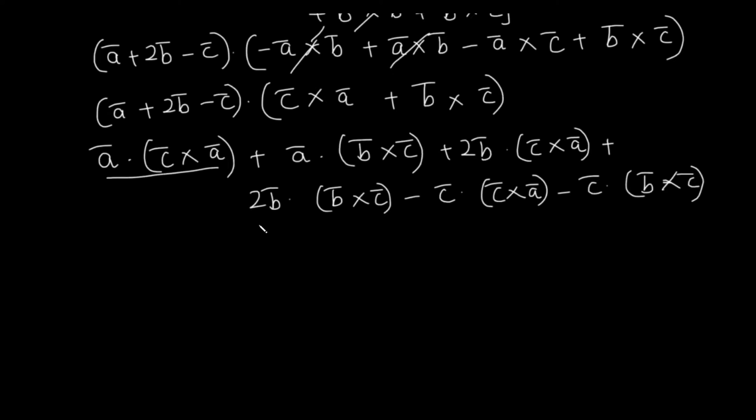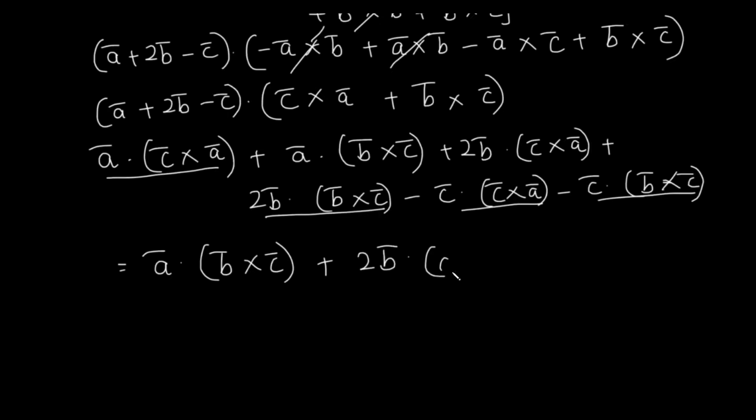Similarly, we get this particular term as 0, this one comes out as 0, and this also comes out as 0. So upon getting all these terms as 0, we are going to get only A dot B cross C plus 2B dot C cross A, which can be written as box ABC plus